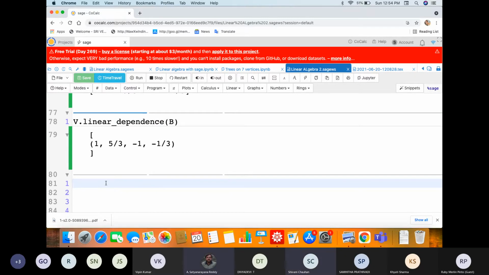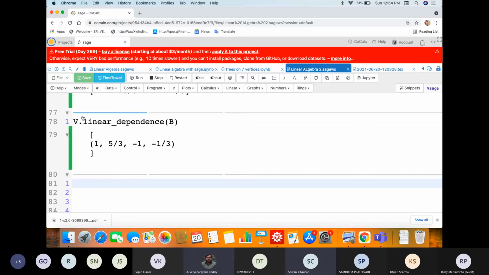Okay, so now they are linearly dependent. So can I ask whether the span equals the entire vector space? It is not. It is a subspace, right? What is this capital V here?